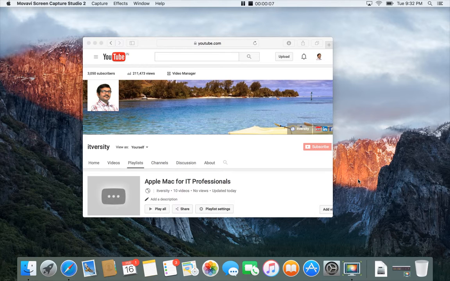In this video, I will try to cover something called Dock on Mac as part of the Apple Mac for IT Professionals playlist. So in Windows, you might have heard about Taskbar, which you see at the bottom like this, and in Mac world, it is called as Dock. So I will cover a quick tour of this dock, which is very important